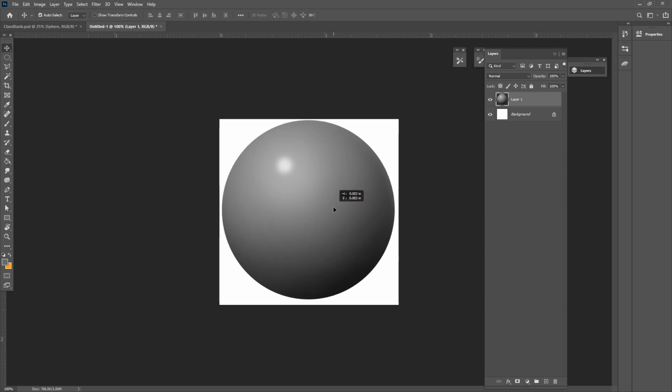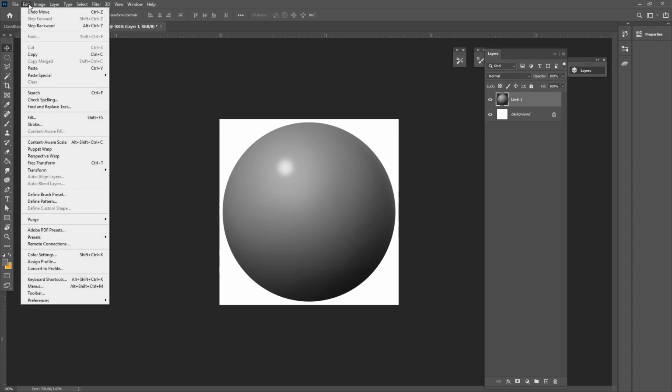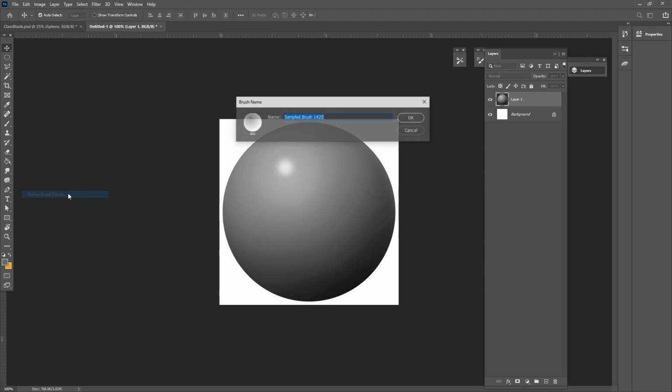Now try not to transform your sphere too many times, because if you size it down and then size it back up, remember that this is a pixel program, so everything here is going to lose resolution. But what we do have is a black and white sphere, and we can turn this into a brush. The way that we do that is we just go up to Edit, and we go to Define Brush Preset, and then we'll call the preset sphere,